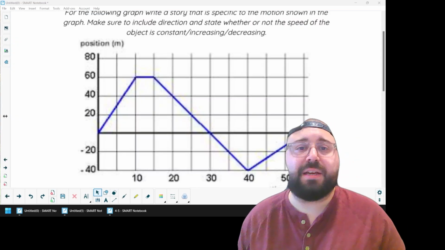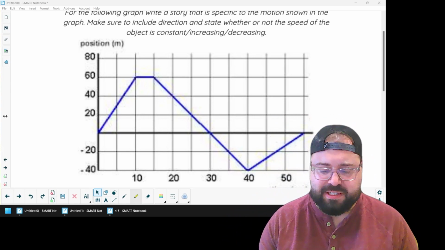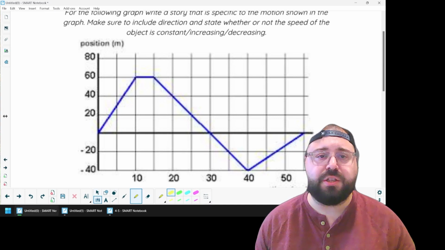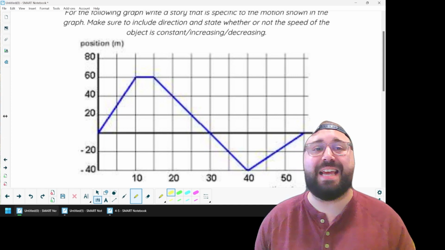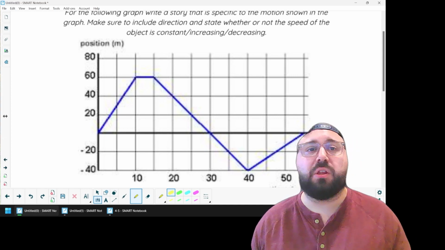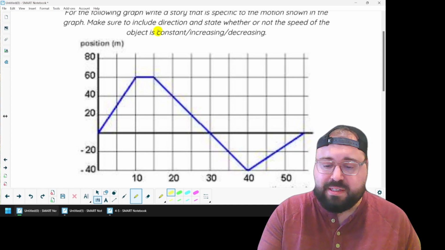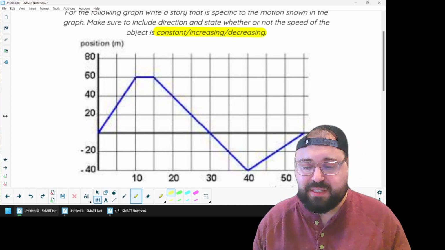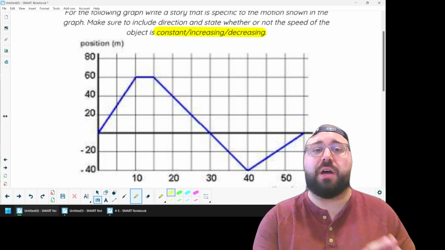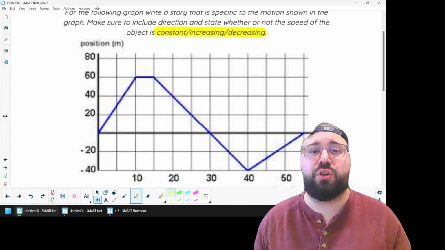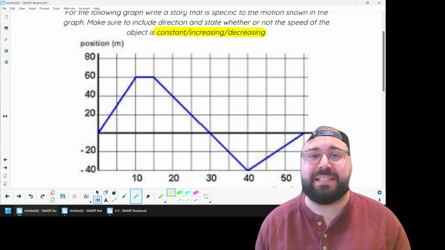All right, so for this section, we had to come up with a story for this graph. I'm just going to highlight each section individually, and then we'll talk about what's going on there. I'm going to come up with my own story, and you can compare and see how you did. I'll talk about what I was looking for here. A big thing was, was the object increasing or decreasing its velocity? What direction was the object going? All of the things that we talked about previously had to be part of your story. So first thing I'm going to do is look at